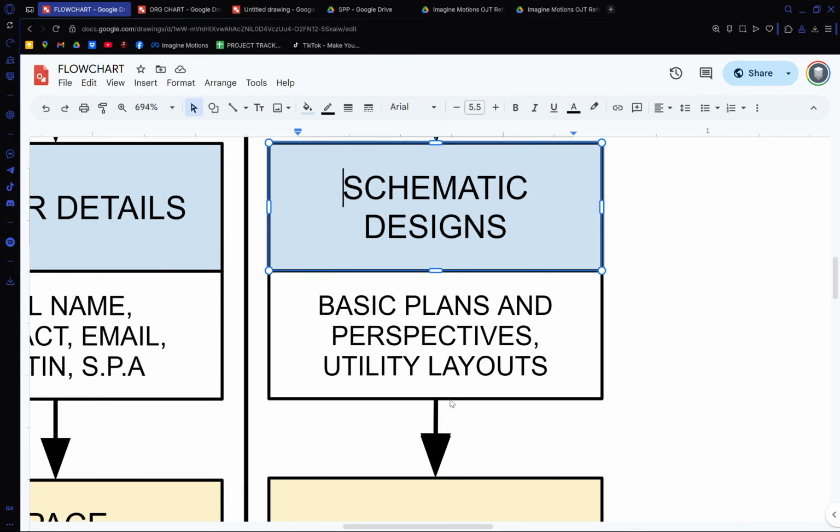Usually plans and perspectives. Ay, gusto ko ng dark scheme. Ay, hindi. Gusto ko ng maaliwalas. Ay, hindi. Gusto ko ng Scandinavian. Ay, Archie, pwede ngang i-Japandi. So, if you're going to do them one by one, it will take so much time. But now with the use of AI,